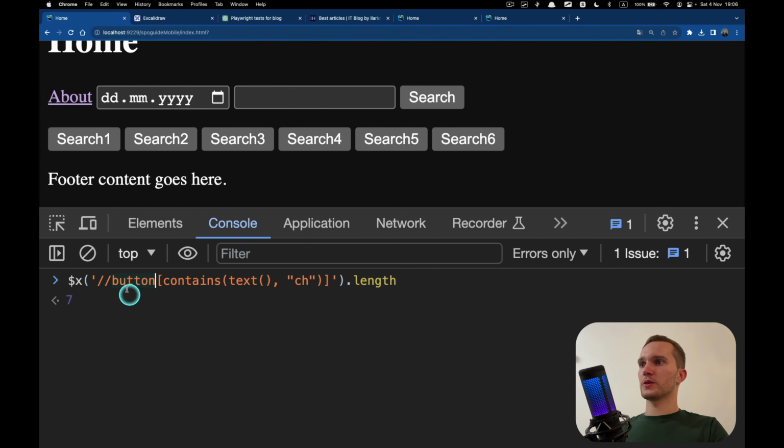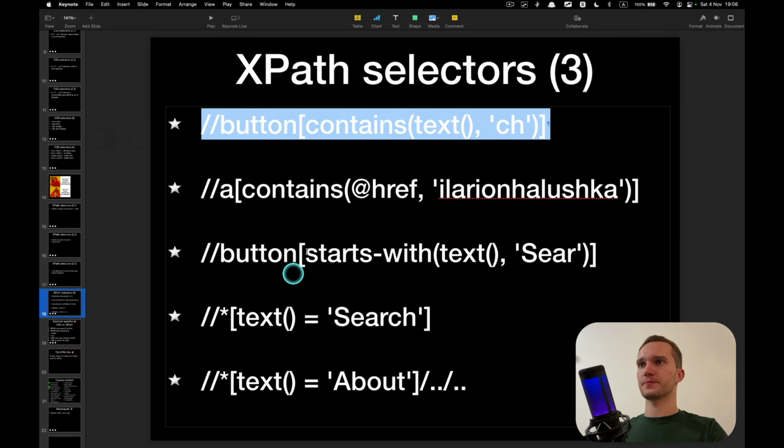Let's say we want to find links that contain text about. One link, this link. All right, so we can search by containing text. This is great. We don't have such ability in CSS selectors, only in XPath selectors.